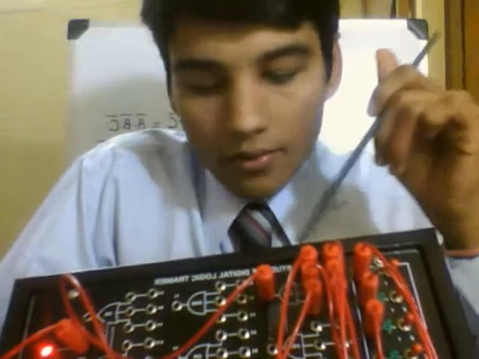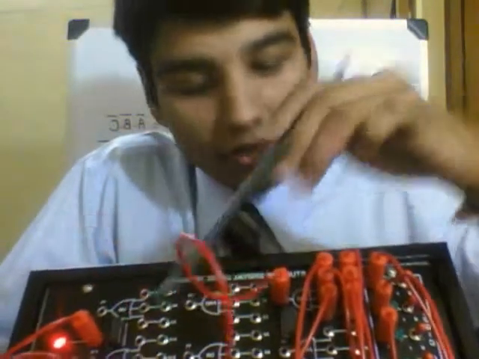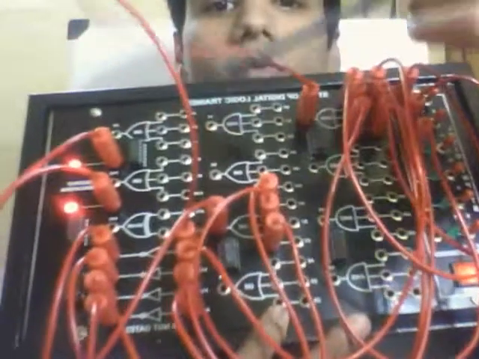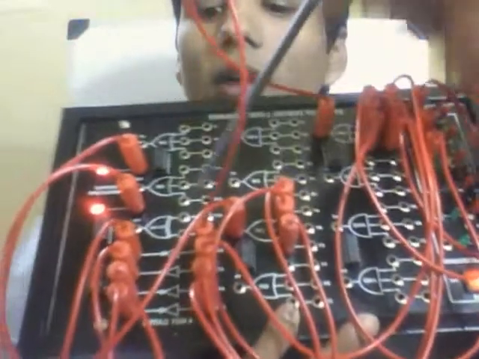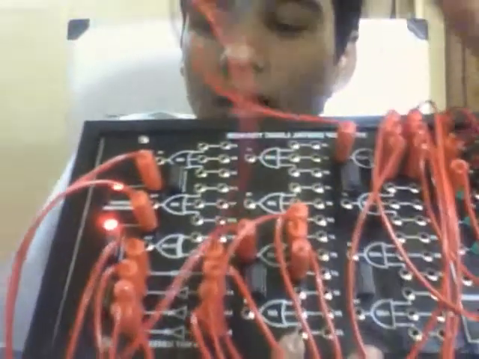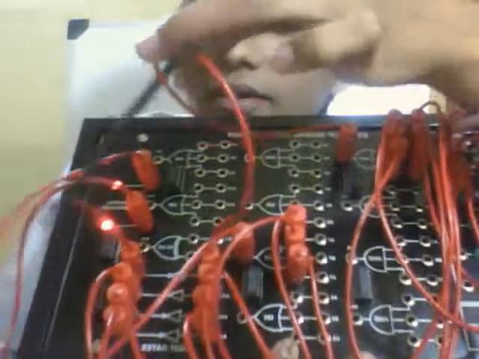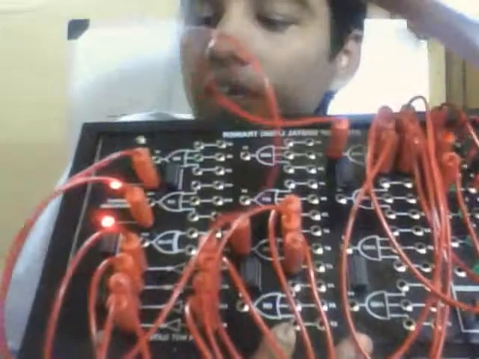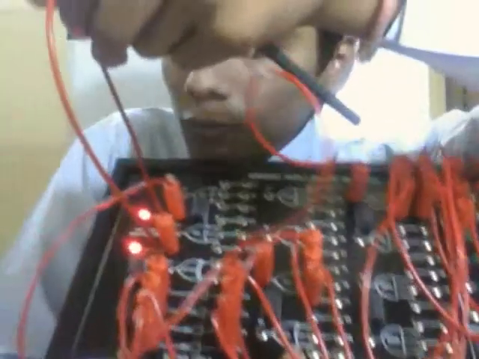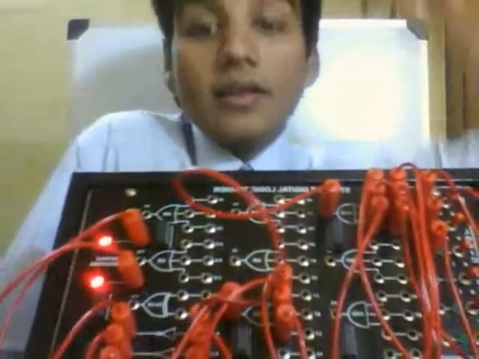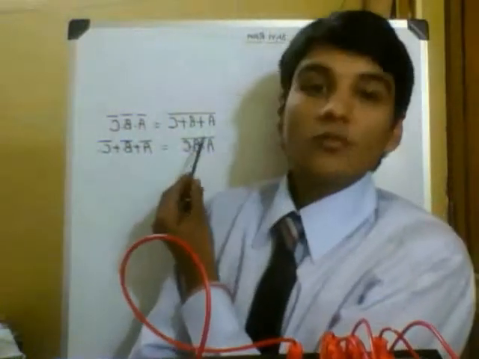Now, this output of the AND gate will be provided to the NOT gate. I am not able to see this on the screen, but I will show you. This output of the AND gate is provided to the input of the NOT gate, and after NOTing it, we will send this output of the NOT gate into our output indicator, which will give you the desired logic. So we have dealt with the second statement, first part.